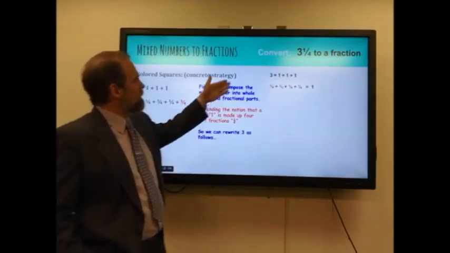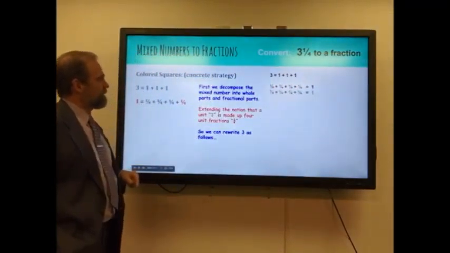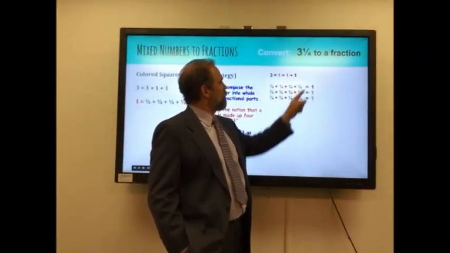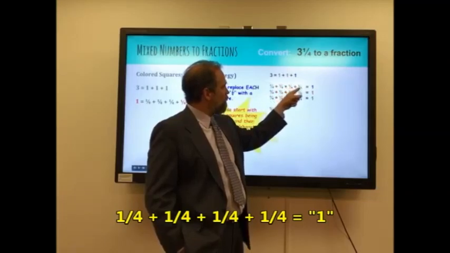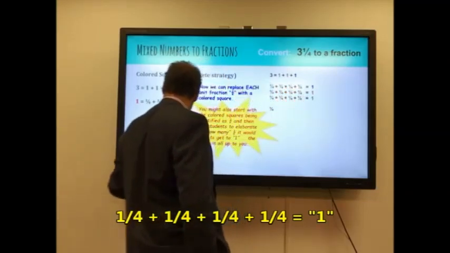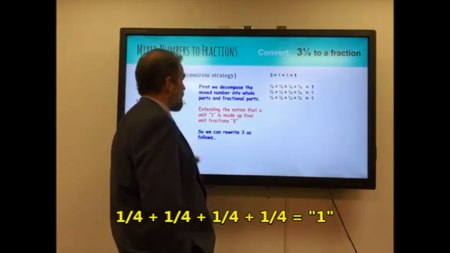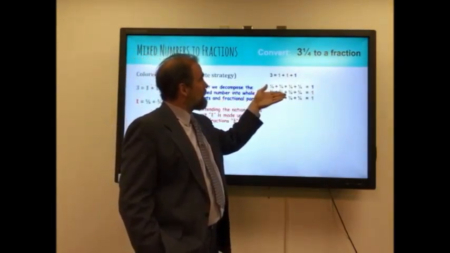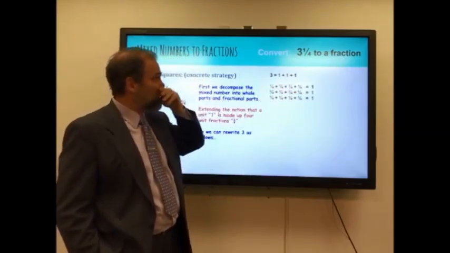And that means I can write 3 and 1/4 in that manner. Now, notice that since 3 is 3 ones and 1 is 4 1/4, I can have 4 1/4 appear 3 times. I'm sorry. It's sensing my hand even when I don't touch it. I can have 4 1/4 appear 3 times. 3 times 4 1/4, right? 3 times 1. So